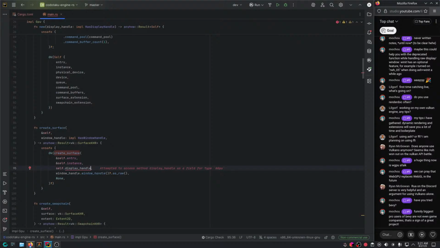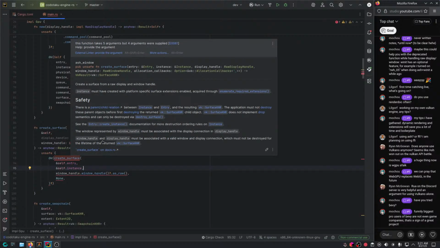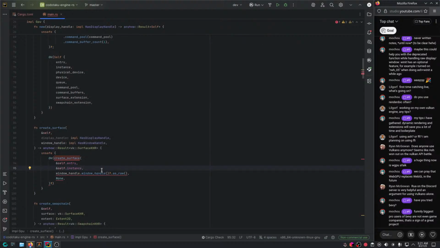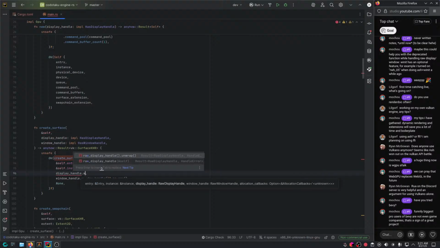So yeah. Alright, so here's self.display handle. Let's actually remove that and put that here. And in fact, I may actually use it at some point, honestly. I may even cover it and maybe do some tutorials about it, or live streams at least. Create surface. Display handle instance. So let's actually give the display handle here. And like raw display handle in wrap.